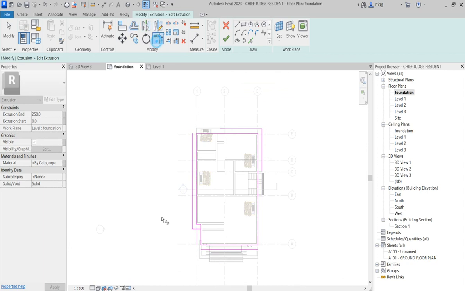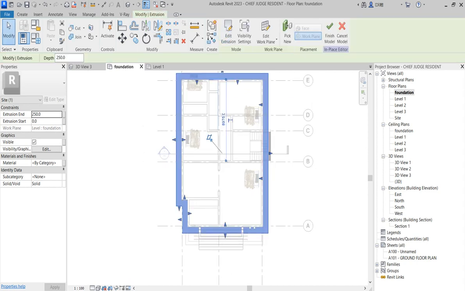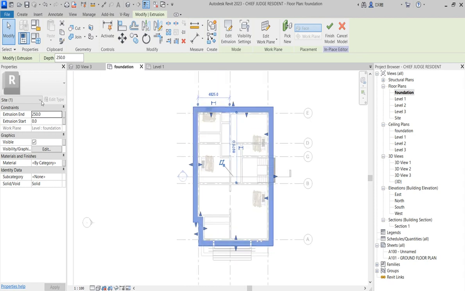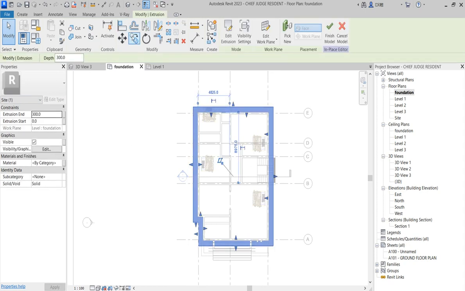Good. So trim everything. So what you do, click OK. So as you have done with this one now, you copy this and raise this up to like 300. So the next thing you do is to copy this